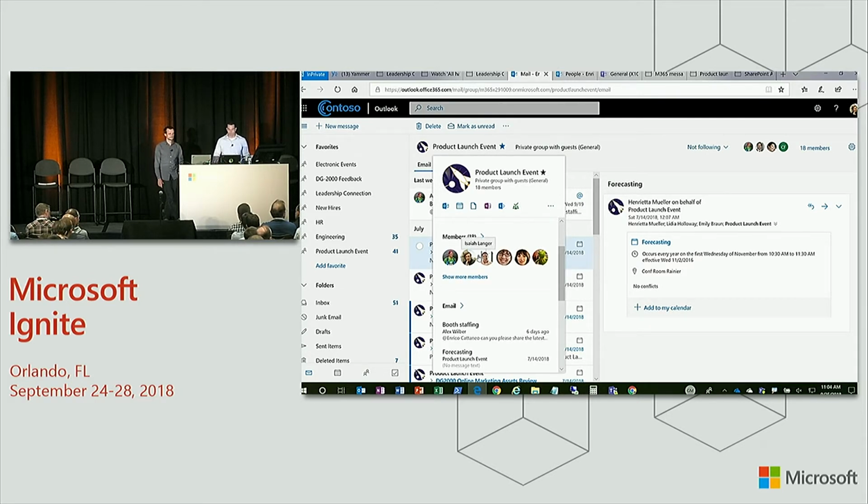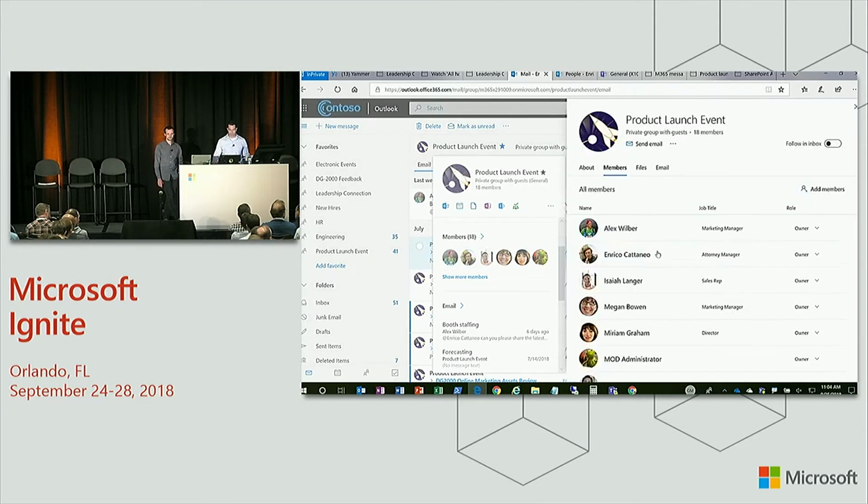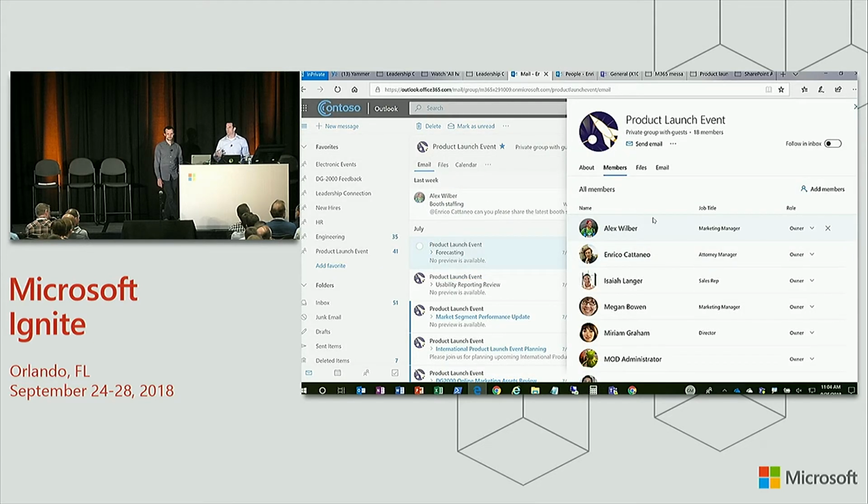Through our research, we know that the number one most requested scenario is to drill in and take a look at the actual members to find out who we're actually collaborating with. And that's why we've designed this really rich level 2 group card, which gives you a snapshot of the members in the group, pulls in their titles, shows you their role, whether they're an owner or a member. Here I can quickly remove somebody from the group if I need to. I also have quick access to some of those fine-tuned settings I mentioned around whether or not I want emails delivered directly to my inbox. So this is great. It's a very rich experience, and you'll see this also flow through the various apps like SharePoint, Planner, and Teams.